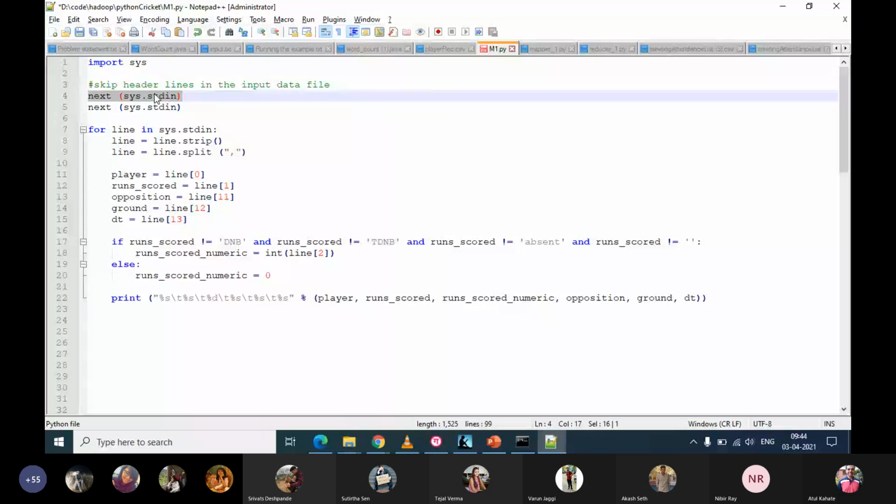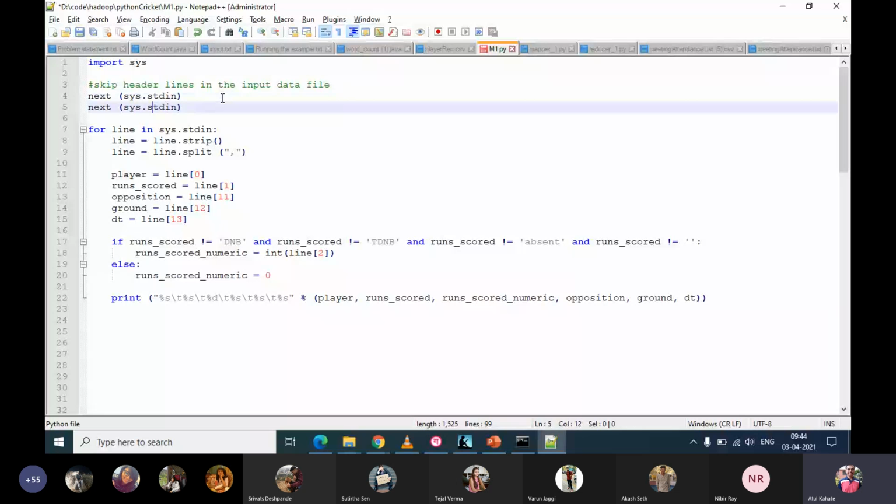Some of you have written some logic in order to handle this situation, which is also a very good innovative approach, for example, what Nibir had done earlier. But there is a simpler solution which you can always use, which is simply say next, so that it will skip the current line, for as many lines as you require. And of course, you can do that even during your for loop's execution, in case somewhere you find that there are lines which you wish to skip on certain conditions.